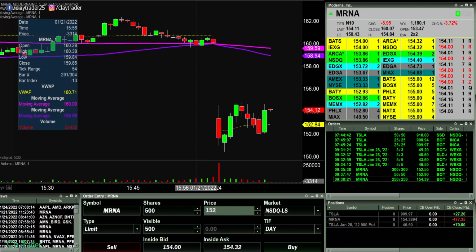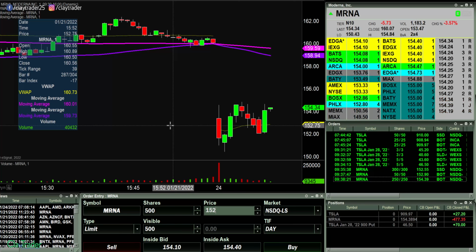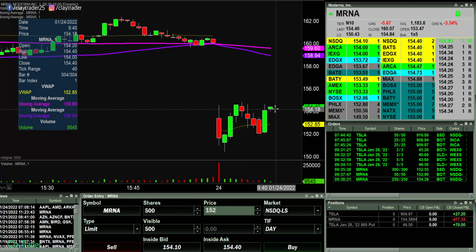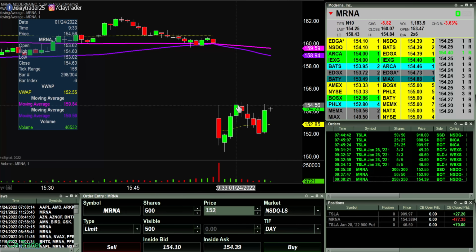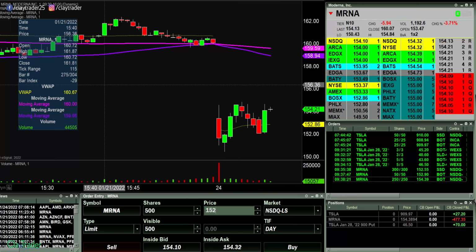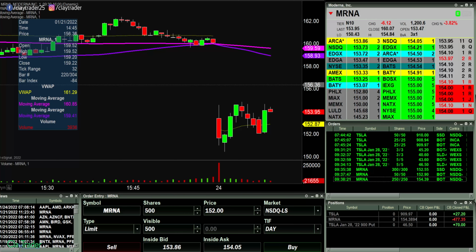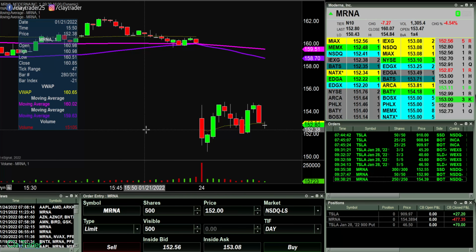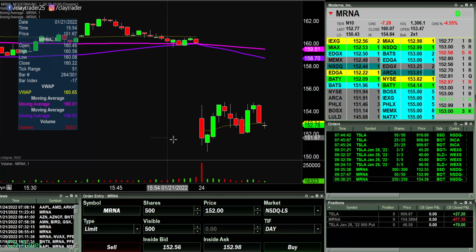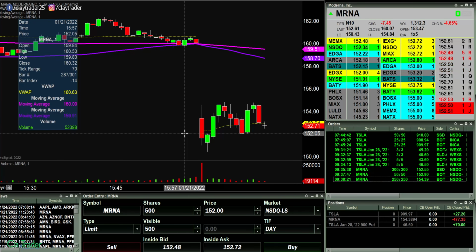So if 152 does want to come into play here, I may very well still be interested in this. But to be fair, maybe this is a truly strong move, but I might have just gotten spooked out. Okay, well, I will go ahead and pause for now, but at the moment, I am down 380, and looking like I did get spooked out, as this thing did spike upwards. It has now rolled back over. I am interested at 152, but